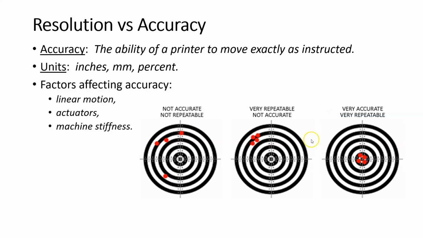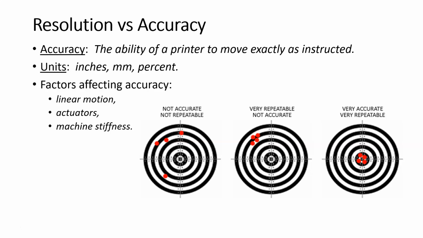And in the final figure, of course, we have the golden solution here, the very accurate and very repeatable process. That is to say, the data points are clumping around the intended target. Okay. So when we're talking about factors that affect the accuracy of a 3D printer, we can talk about the